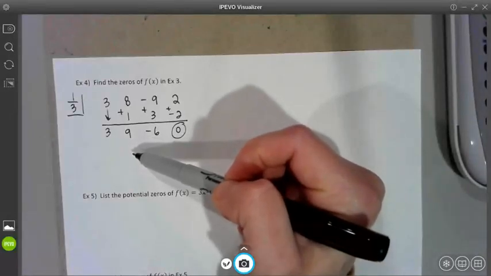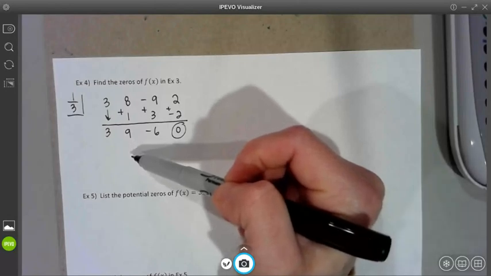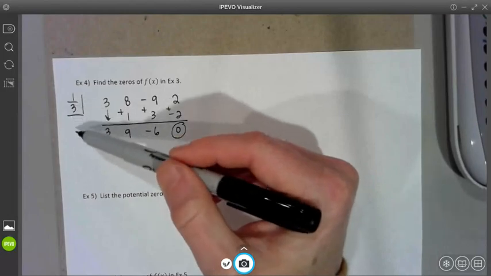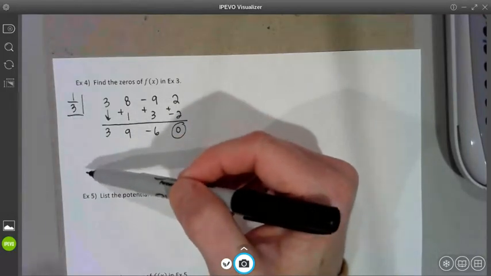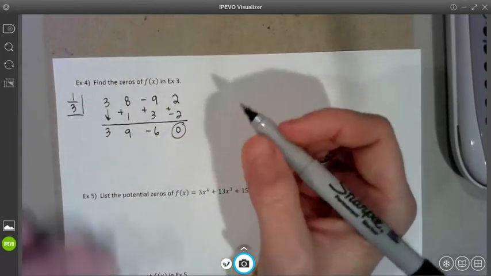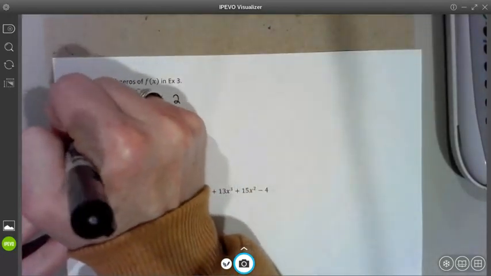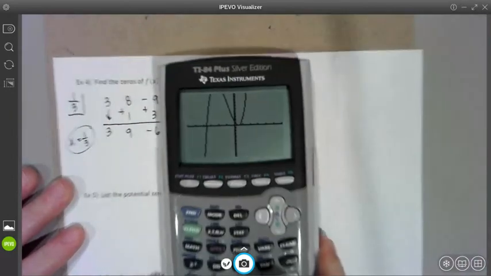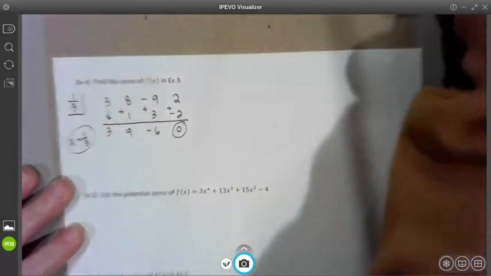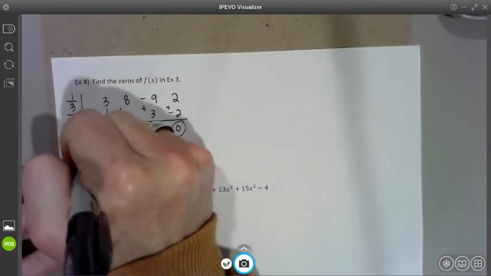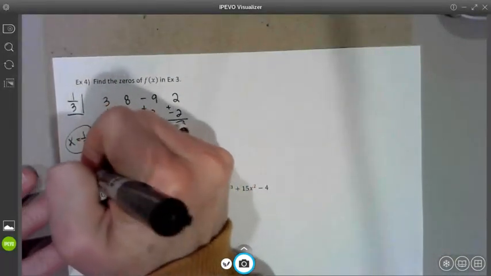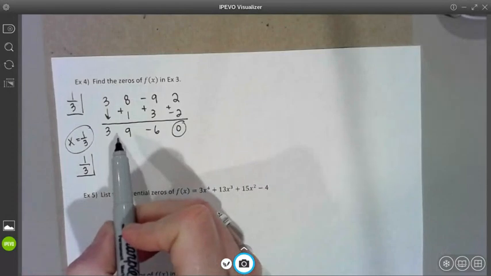Now, it did look like it bounced at that 1/3. So if you wanted to use 1/3 again, if it's a double root, it'll work in another round of synthetic division, okay? So now I know x equals 1/3 is a root, right? And it definitely looked like it bounced. So let's try it again. If I try it again, I could avoid having to factor or use the quadratic formula if it doesn't factor. All right, so I'm going to get